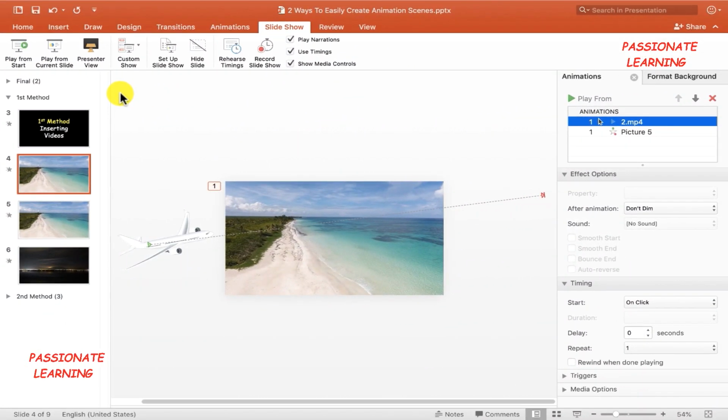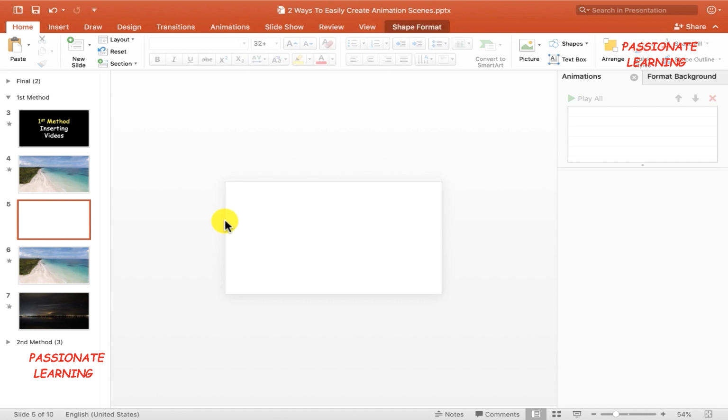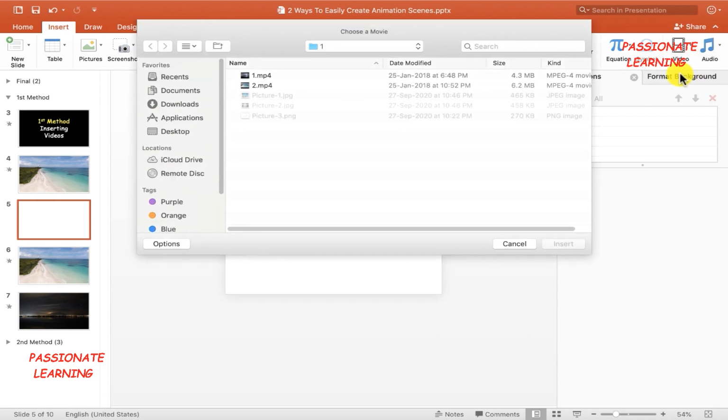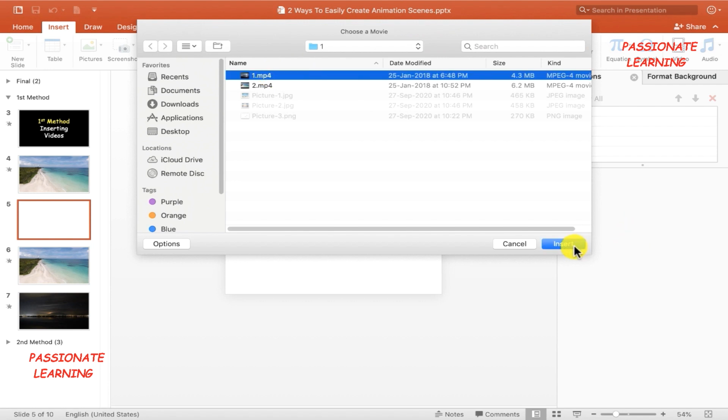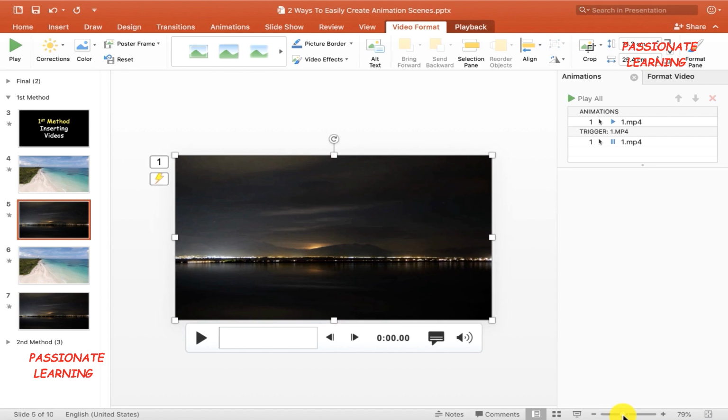So friends, we are back in the PowerPoint presentation slide. Now let us see one more example where we are inserting videos. For that, let me insert a new slide. Let me remove all of these elements by doing Ctrl A and clicking the delete button. And then let me come over here to the insert tab and then insert a video from file. Let me insert another video this time like this, and then let me increase the size of the slide.